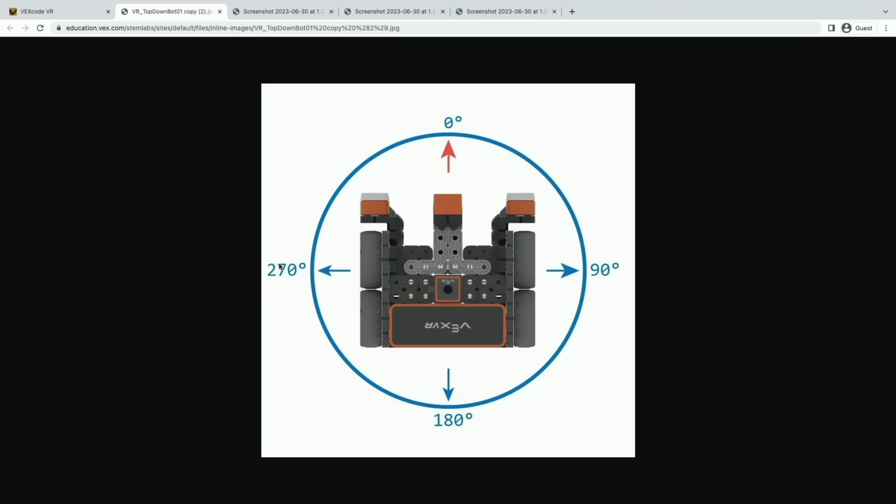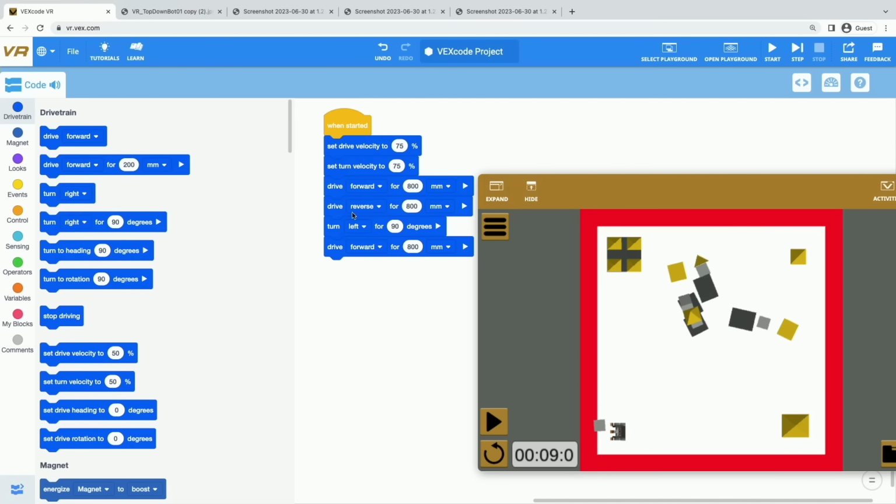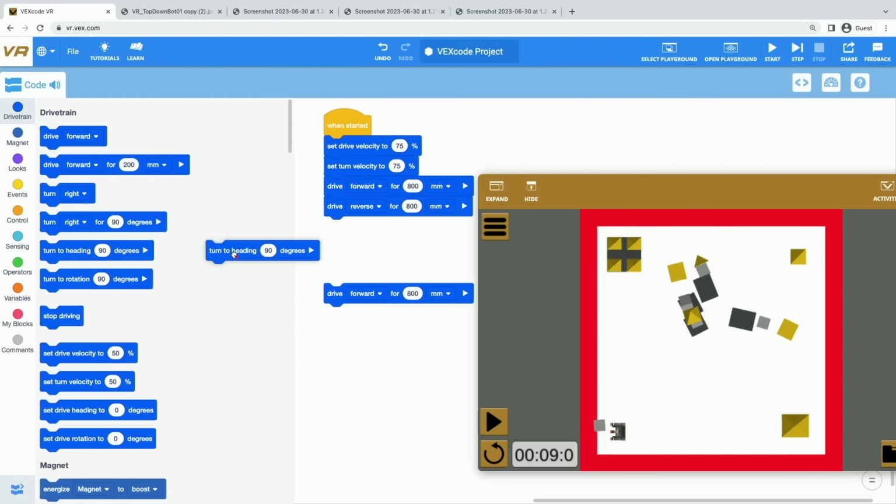So let's go back to our project and change a couple of blocks so this way we can check out this heading situation. So now I'm going to go back to VexCode VR. I'm going to separate out this bottom block, and I'm going to take this turn left block and bring it back to the toolbox and let it go. So now I deleted that block. Now I'm going to grab this turn to heading block and drag it into my project.